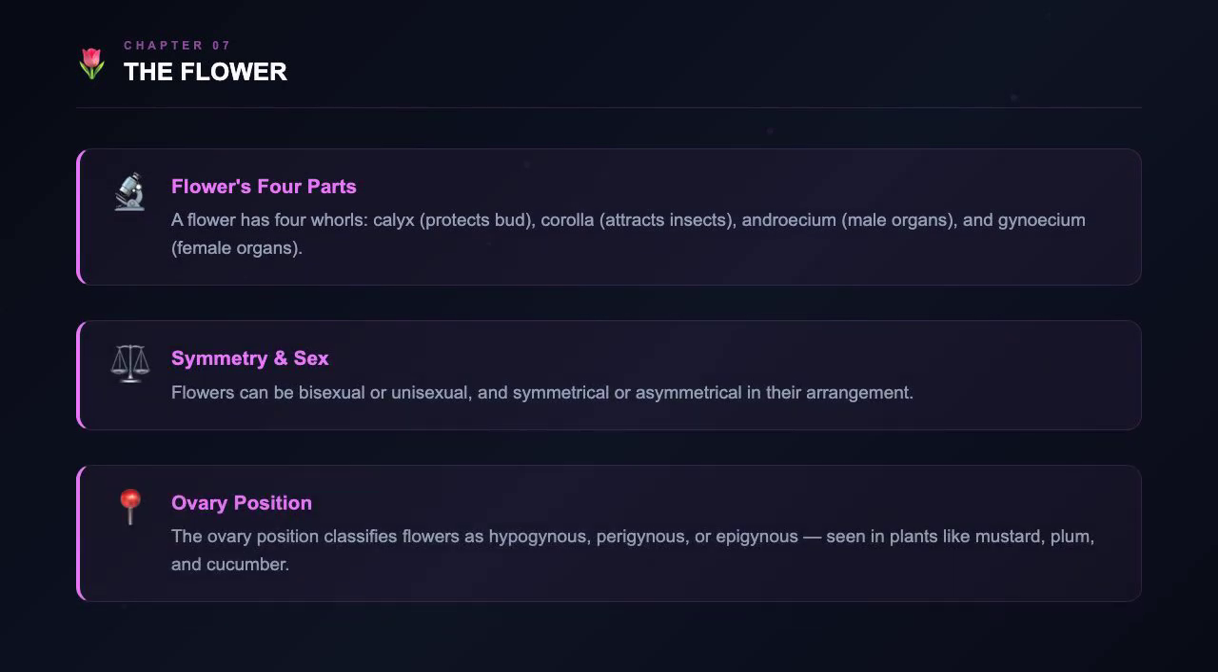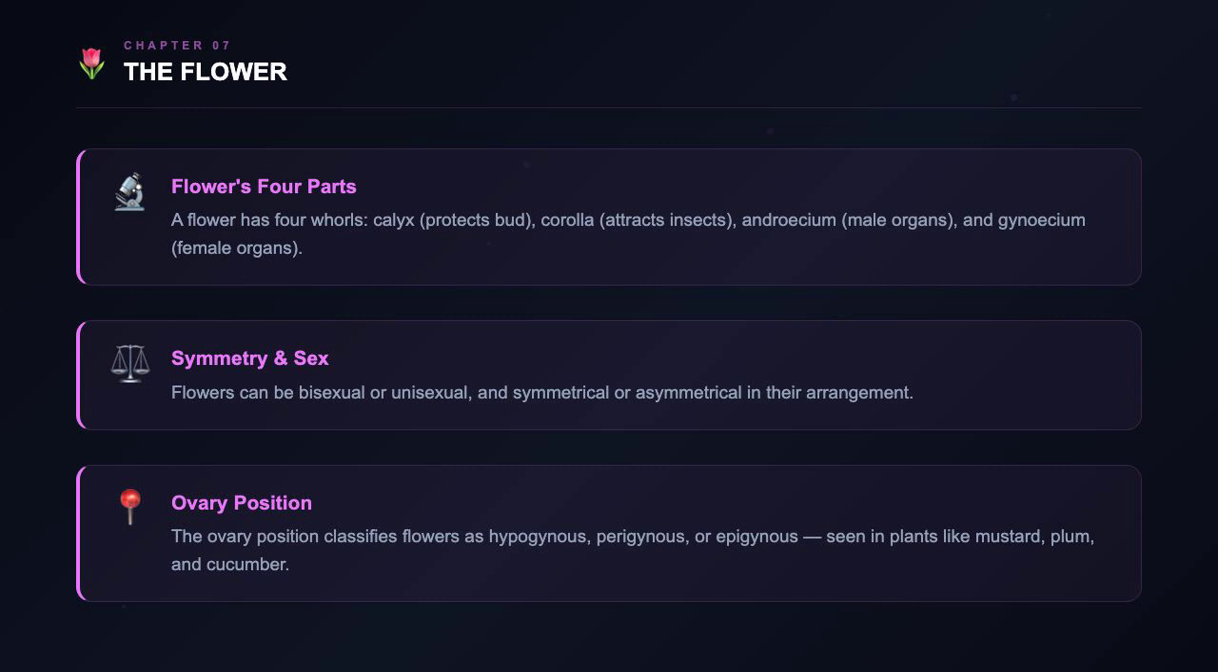It's a modified shoot for sexual reproduction. The flower has four main parts: the calyx, corolla, androecium, and gynoecium. The calyx protects the bud, the corolla attracts insects, the androecium contains the male reproductive organ, and the gynoecium contains the female reproductive organ. Flowers can be